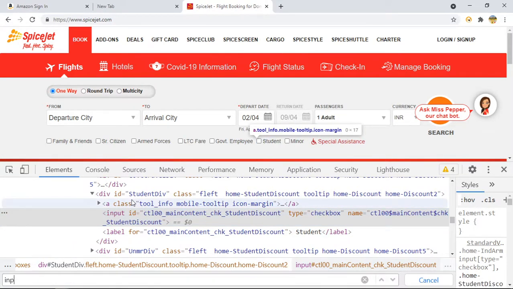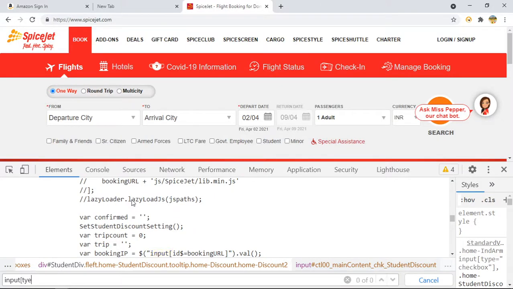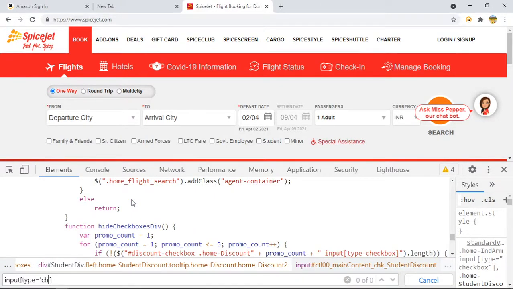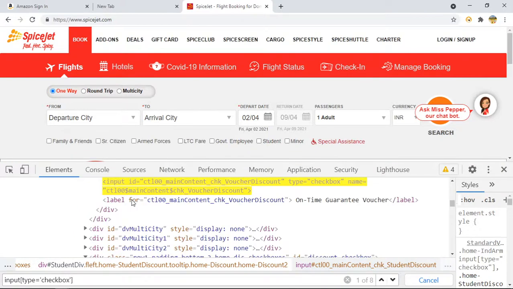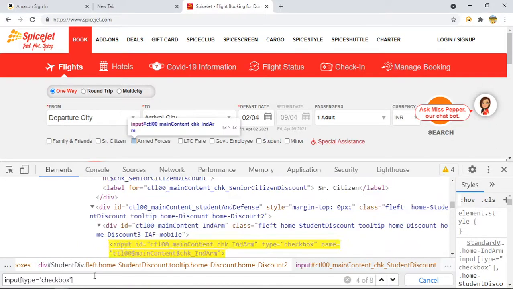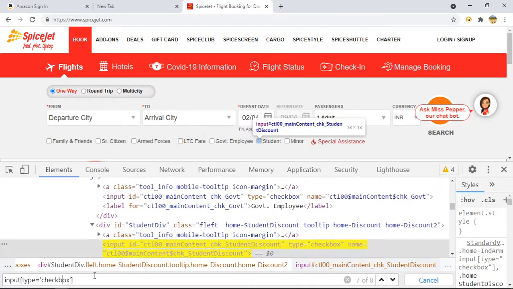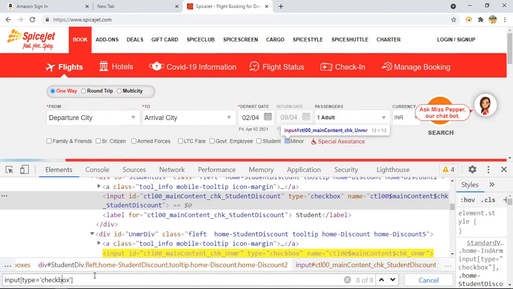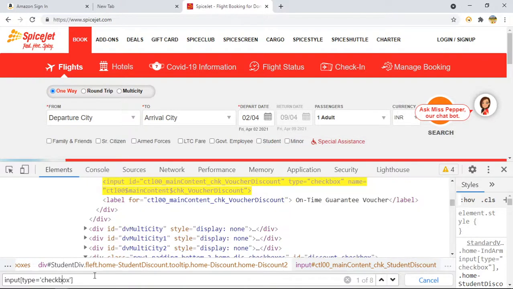Let me try writing CSS. Input type equals to. Total 8. On time guarantee voucher, somewhere it is present. I think it is the gift card.